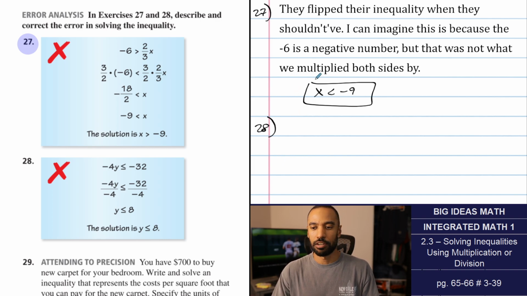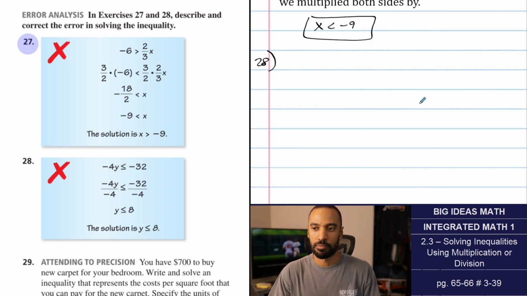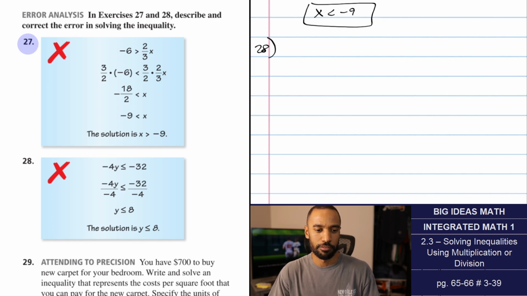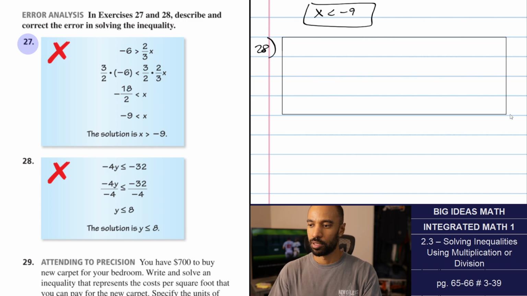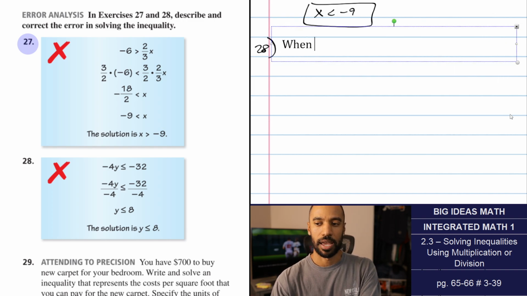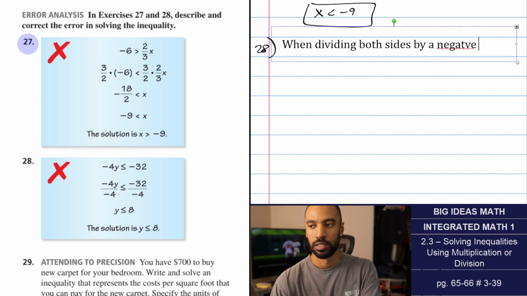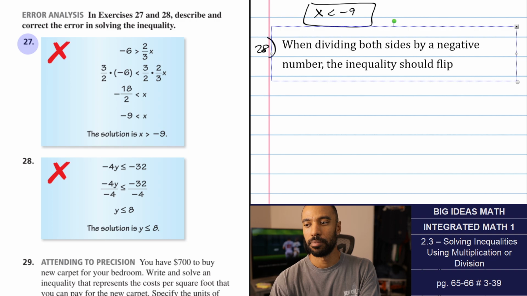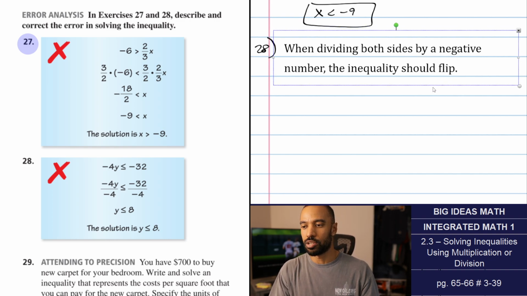Now on this one, they didn't flip the inequality, which was the issue. When we divide by a negative, negative 4, then you should flip it. Everything else seems to be mathematically right. That's an 8. But this time the inequality should flip when dividing by a negative, both sides, or multiplying. Inequality should flip. Now, I'm kind of glad that they did that for each of these things right here, because